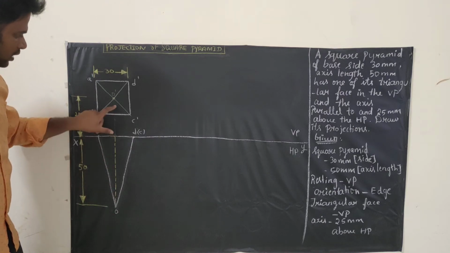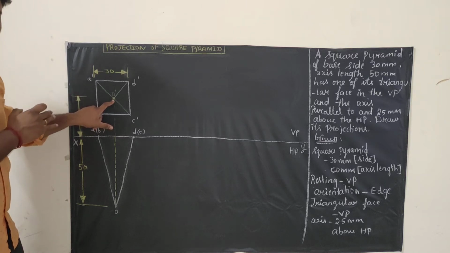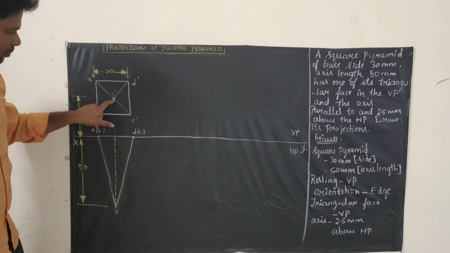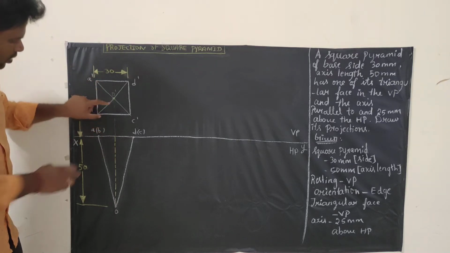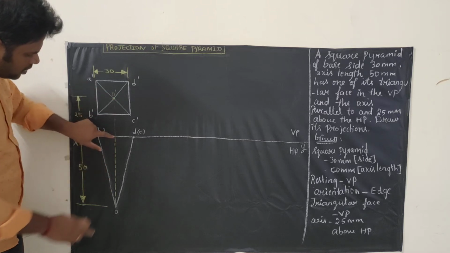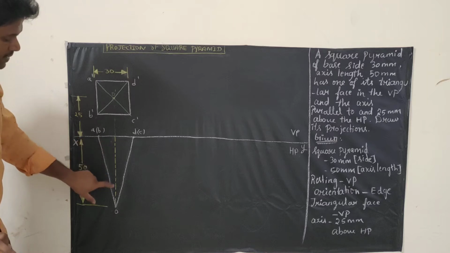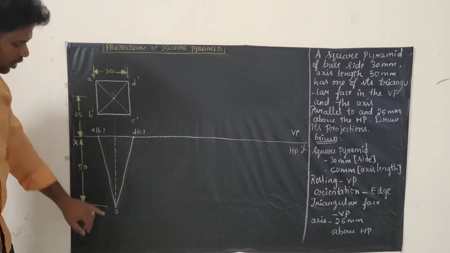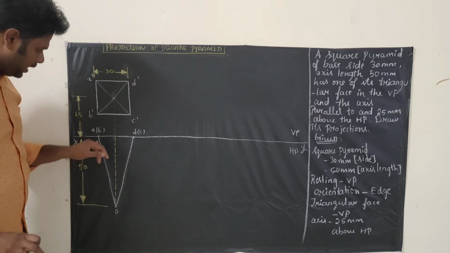How did you get this point? From the point O dash. So this is the center of the square pyramid, right? So from this point, you got this point. Keep your scale vertically like this. Where you have this point, at 90 degrees, you have to get a point. From here, you have to draw 50 mm. This is the axis line. The axis line is 50 mm and you got the point O. Then just join O with D dash and O with A.